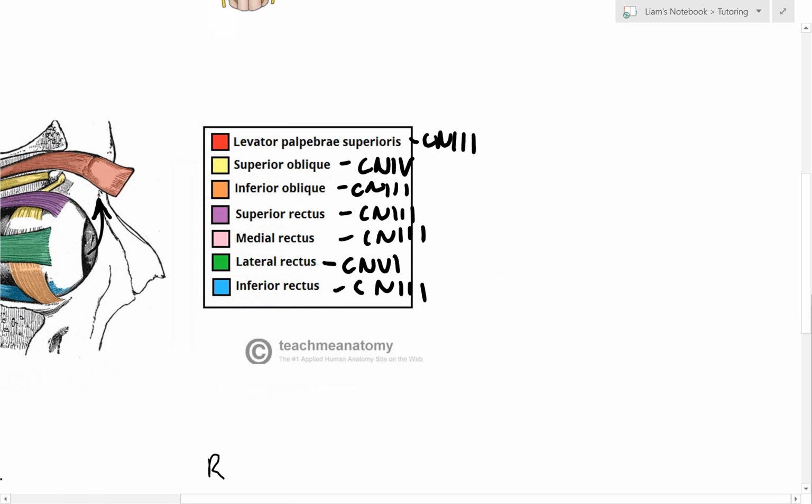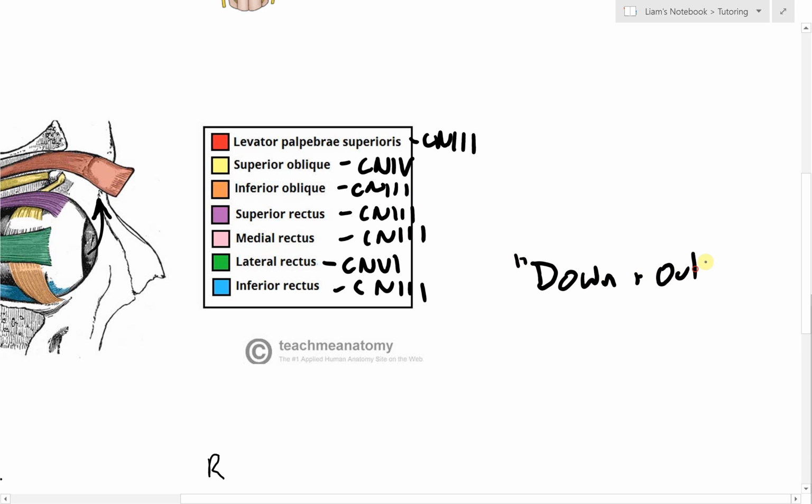One of the things you actually see is if you have a cranial nerve 3 palsy, so this isn't working, you'll see what's called a down and out pattern. That's because the ones that are going to be engaged are your lateral rectus pulling your eye out, and your superior oblique is actually going to involve it having a downward turn as well. Now, I know that we said that the superior oblique is mainly engaged when your eye is adducted. However, it does still have some downwards pull when the eye is abducted as well. So if we lose cranial nerve 3,